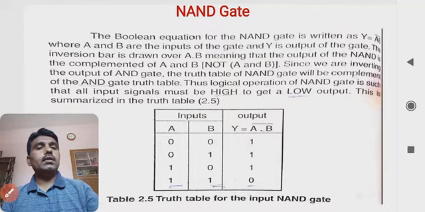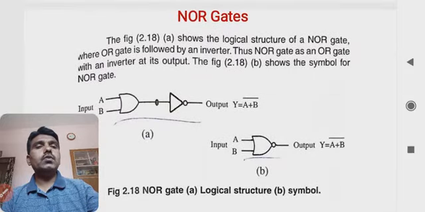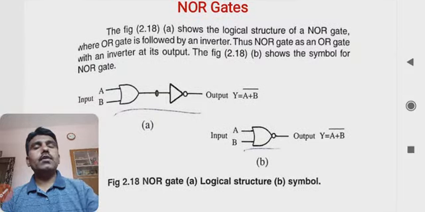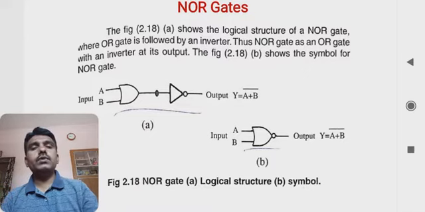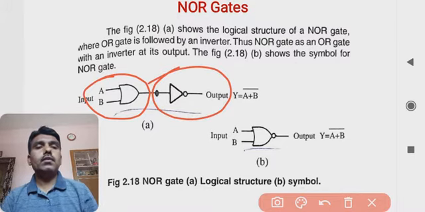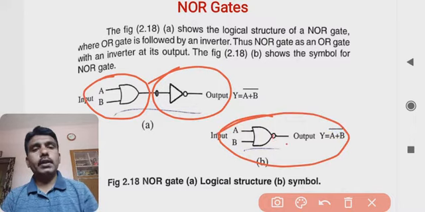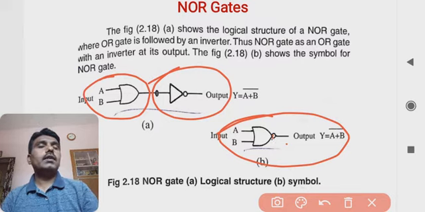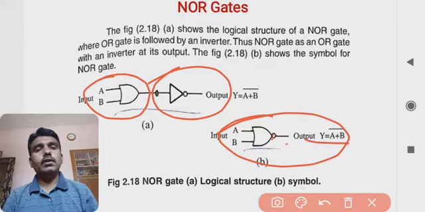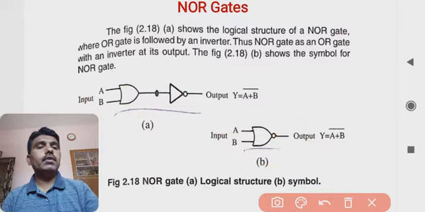Now moving a little bit forward, another gate is called a NOR gate. Here it is also in the same fashion. Instead of this AND, we are using an OR. Now this OR gate is connected with the NOT gate, and it becomes a NOR gate, symbolically represented with only a bubble on the OR gate. In front of this OR gate there is a bubble, and that becomes a NOR gate. And here again, whatever is the output of the OR gate becomes the input to this NOT gate, and the result will be reversed accordingly.